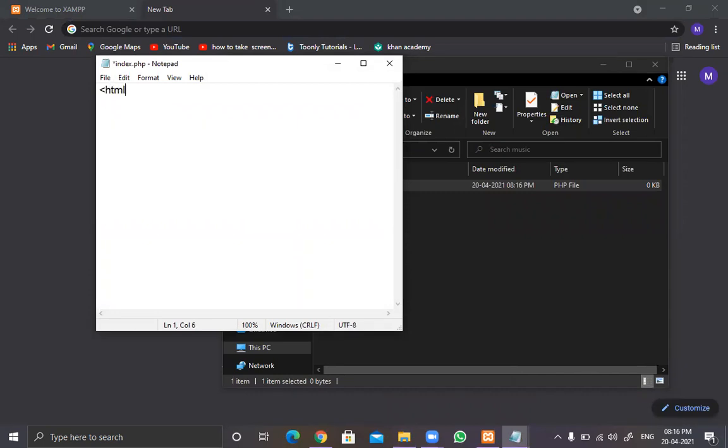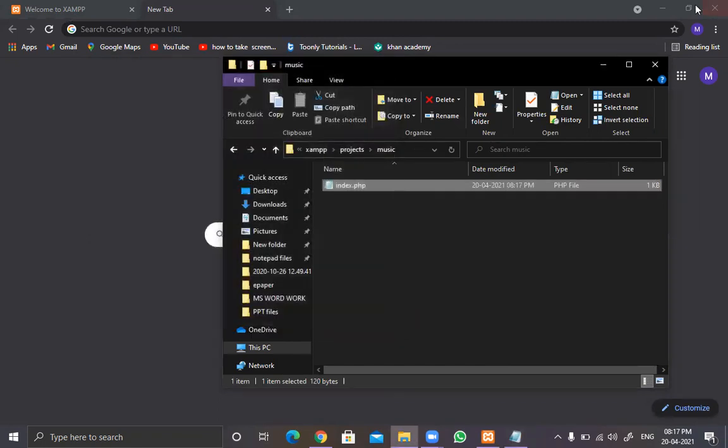Here just simply create an HTML document. Fine, so this is the index file.